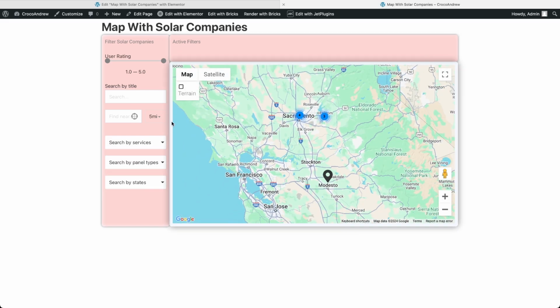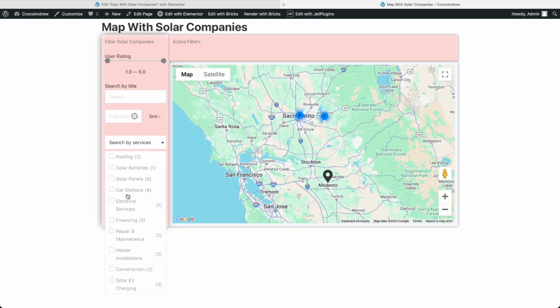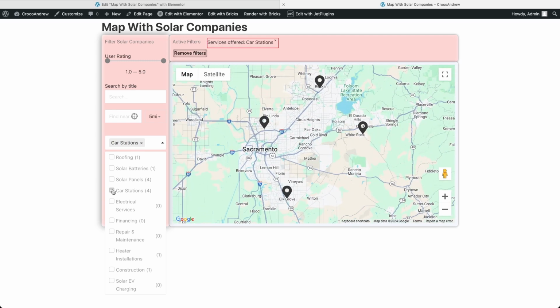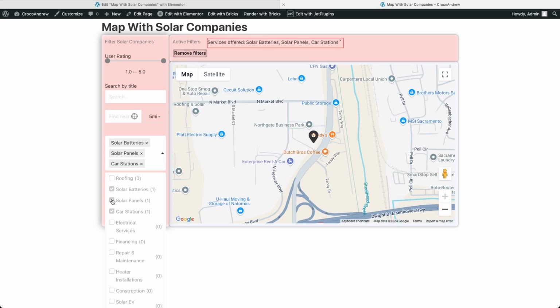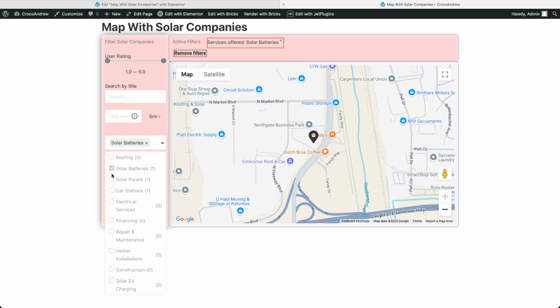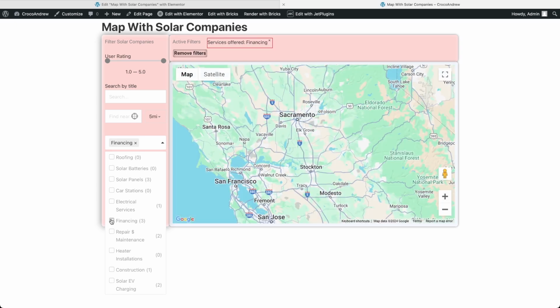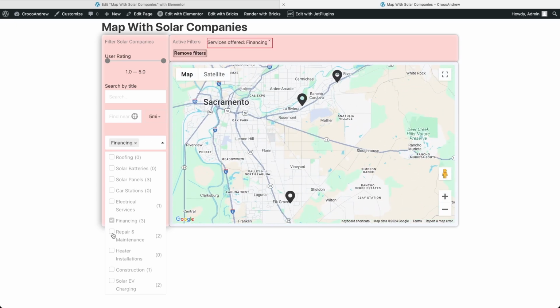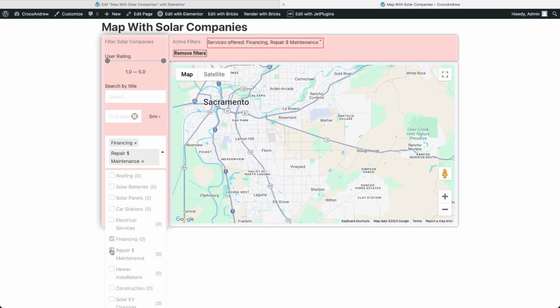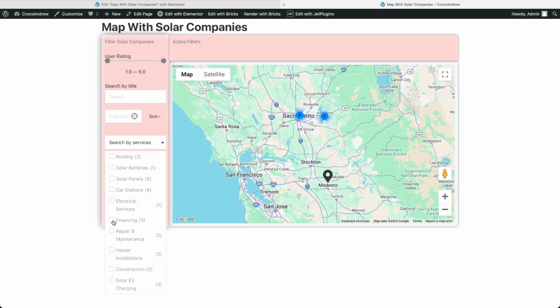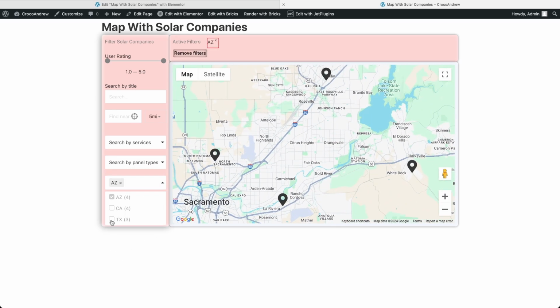remain static. For checkbox filters, I used different relational operators. One was intersection and the other two were union. Selecting multiple options with an intersection operator shows only posts meeting all criteria. This is the case with the services filter. The other two drop-downs use the union operator, so if I pick two or more options, the results expand instead